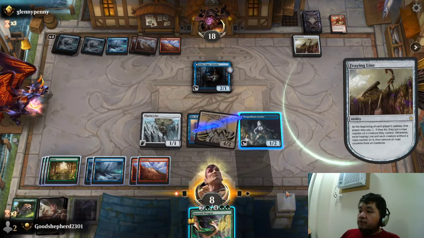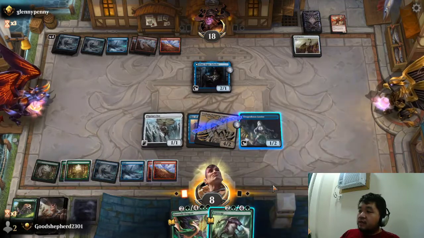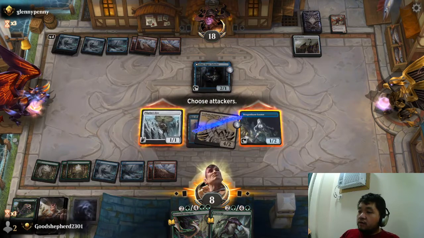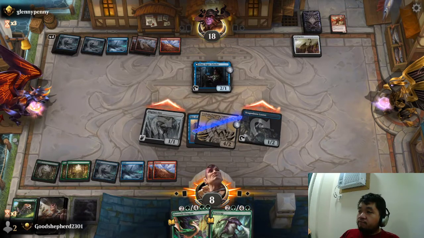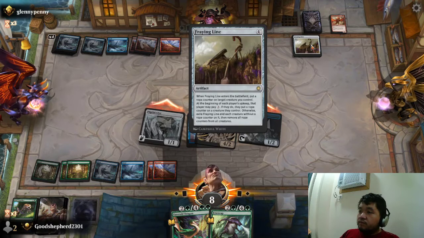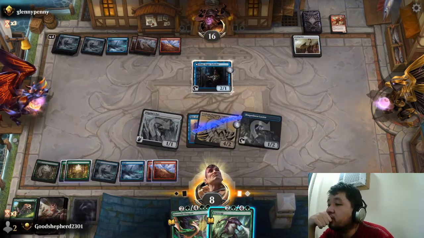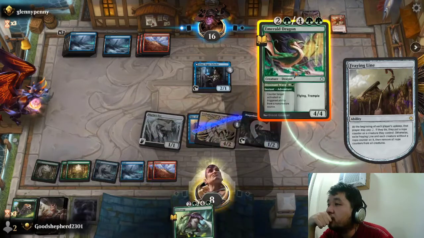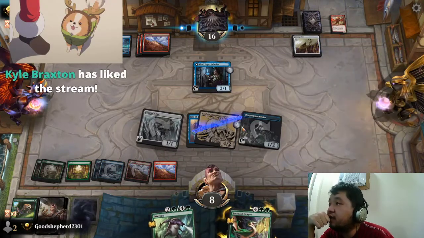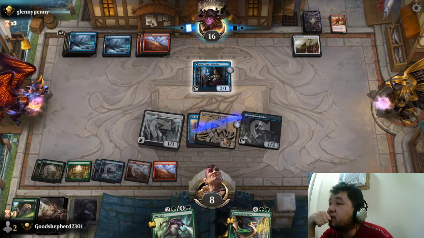If they do... Okay, so... Oh, we can counter triggered ability, so we'll resolve that. We'll actually pay the 2, put the rope counter in Lausanne. So we're actually saving this one. We also kind of want to save that one too. So, got a nice counter there. Hey, Kyle Braxton, thank you for... Oh, wait, hold on. Oh, the Ray of Frost removes the ability, so there was no good reason for us to